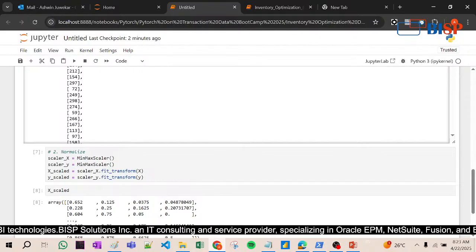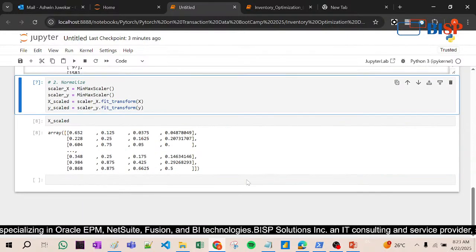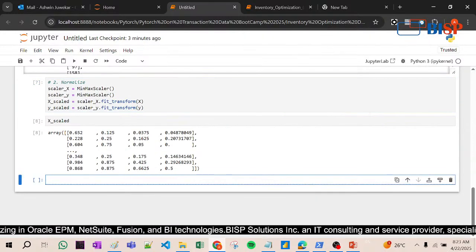For example, if the alphabet A is written, it will not be recognized as we recognize it. In the machine it will first be converted to a tensor, which is a matrix, and then it will be read by the machine, and it will come to the conclusion that okay, it is written A. Now the same thing is here. If I do y underscore scale,